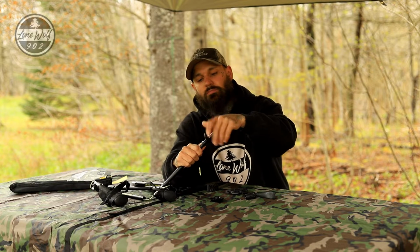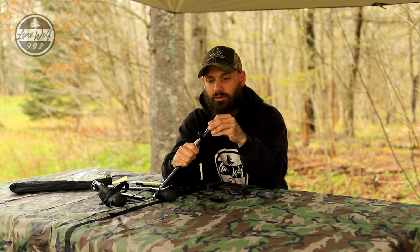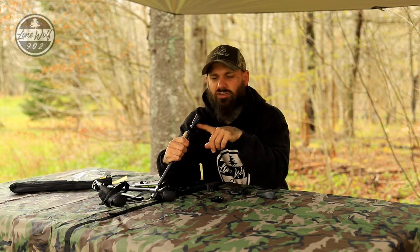And then we have a small cup here. So this is for like mud, light snow, not anything really thick. And that just threads on. And then you can also put another cap on there. So if you're not traveling on ice, if you still are on mud and you just want that little bit